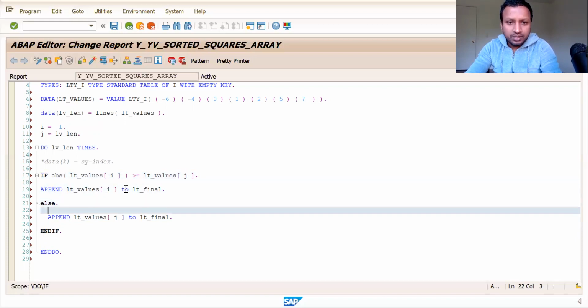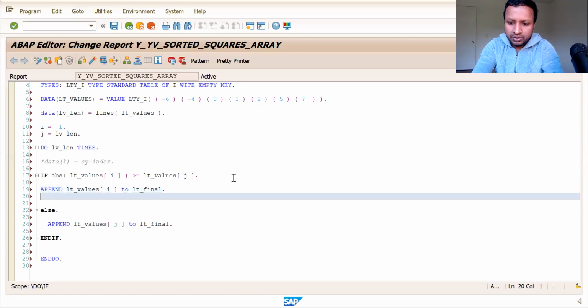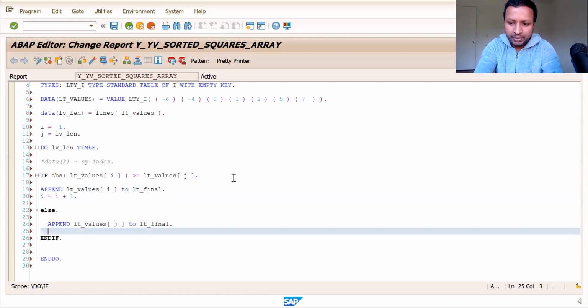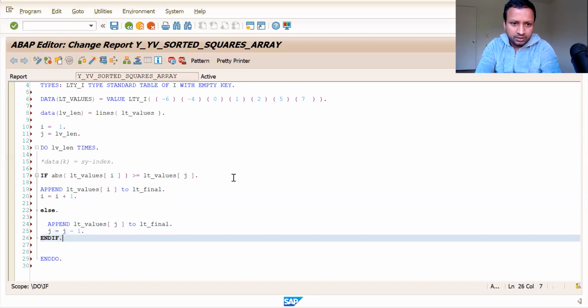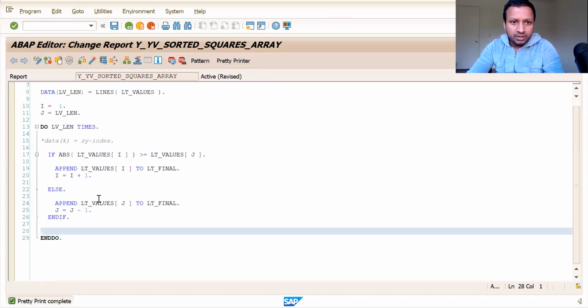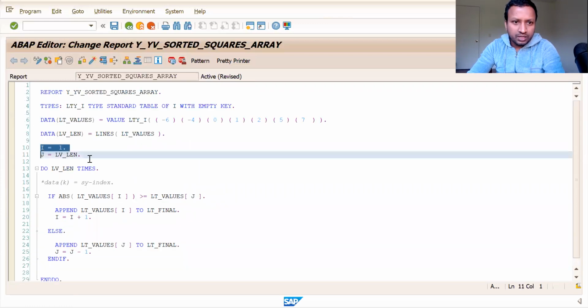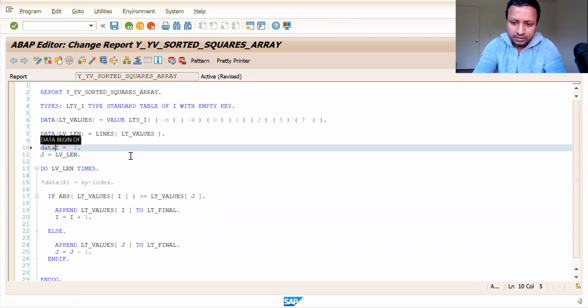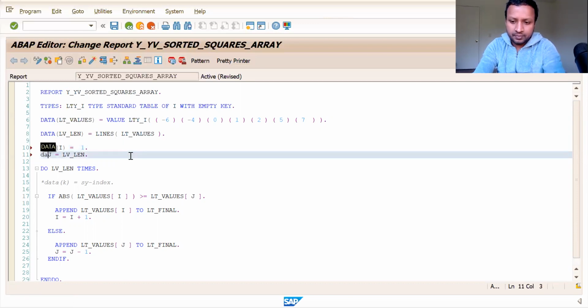So once we append it, we need to increment our I. In the same way we have to decrement our j, because we are coming from the last. So I think we are done here. Let us declare this I and j. Data of j.